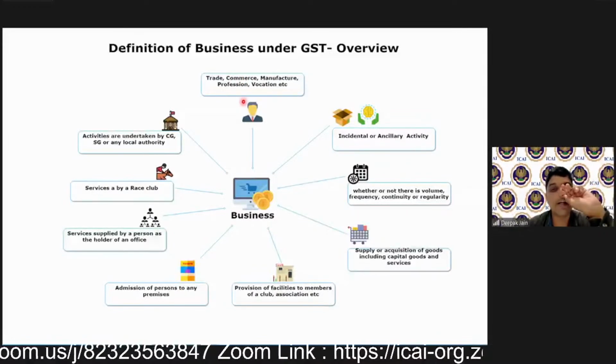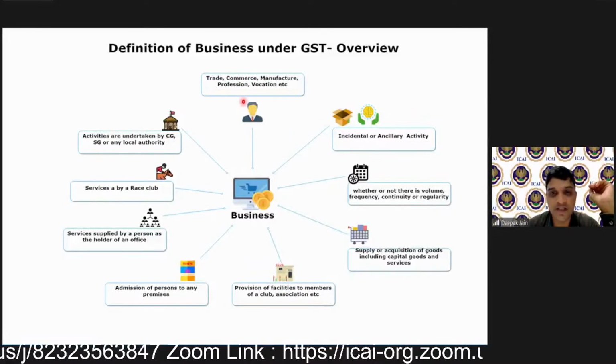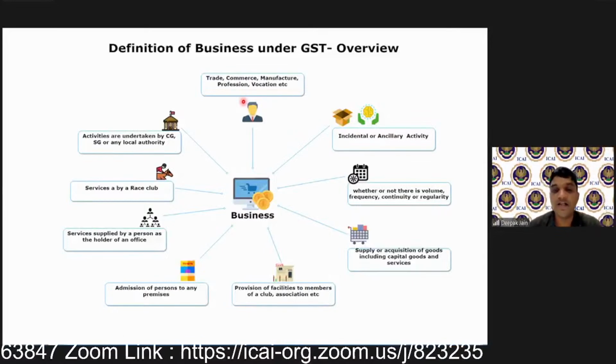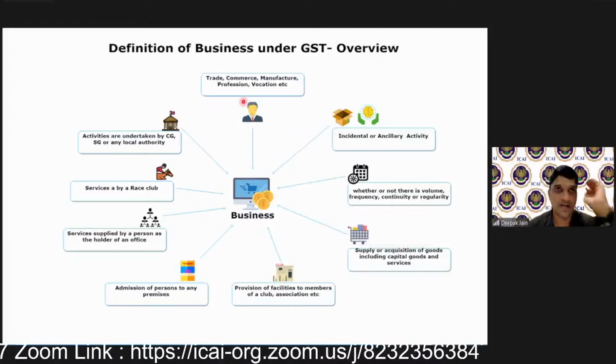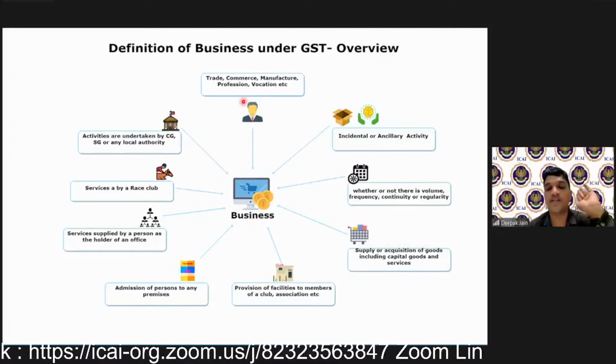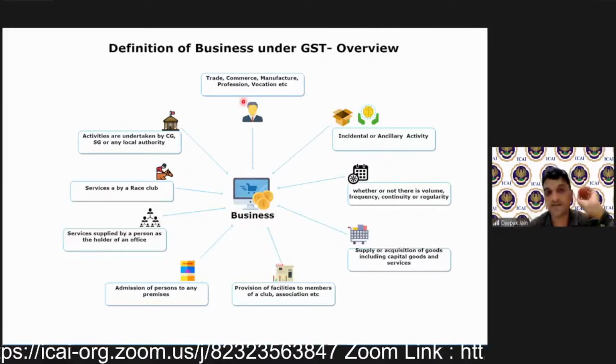Here, sir, those agriculture produce liable to GST at 0%, but e-invoice is applicable for goods. Yes. E-invoice is a different thing. E-way bill is a different thing. 0% is a different thing. Even if it is 0%, still e-way bill will be required and e-invoicing will be required. Okay.